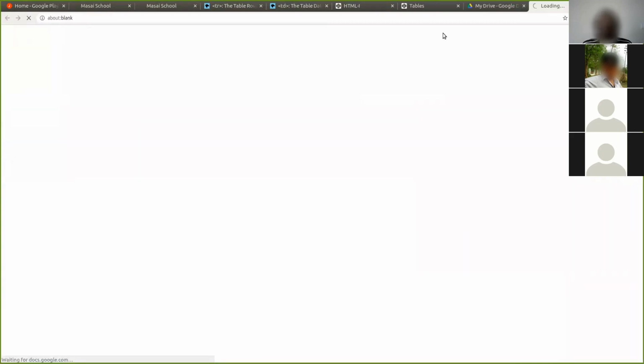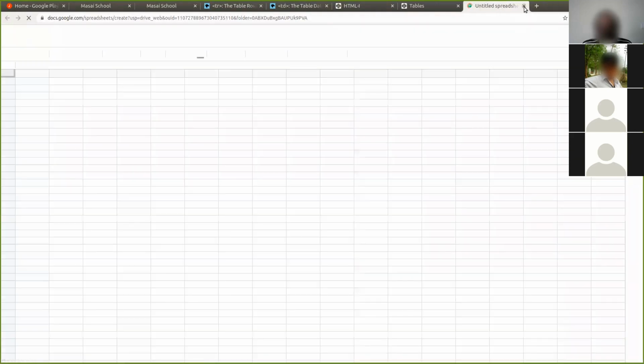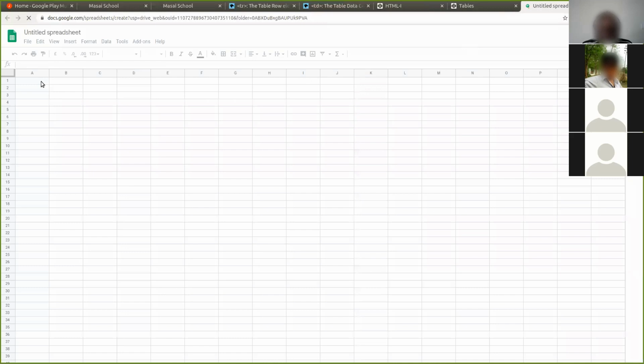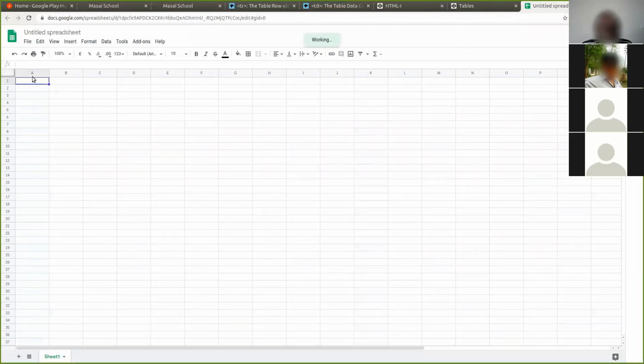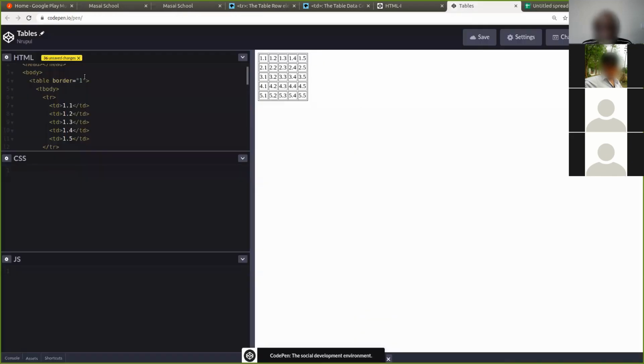So let's say this is a row and this is a cell, and let's say you want to merge these two cells. So we use this option. So now you can see this cell is of two columns, and in the same way you can do these kind of things also. You can merge this. These are the kinds of things you can do in tables also. So rowspan and colspan is the one.